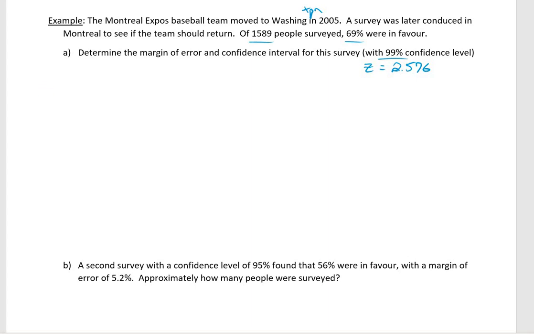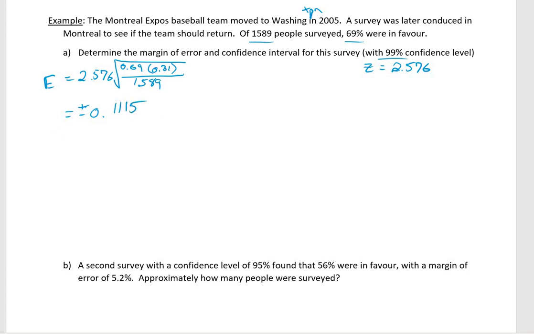So we need to get our margin of error, which is equal to Z, 2.576, times the square root of the probability, so 0.69 were in favor, which means 0.31 were opposed, divided by the number of people surveyed, 1,589,